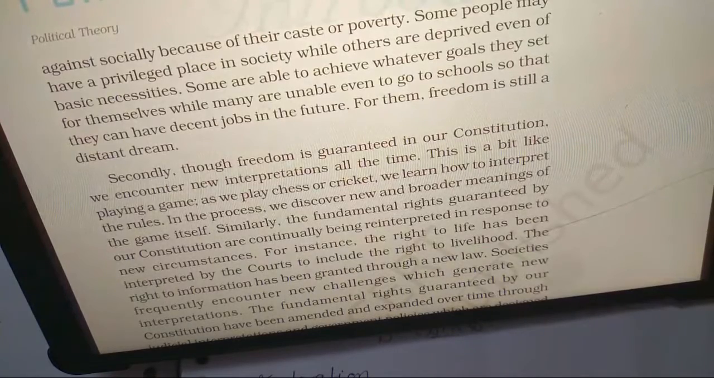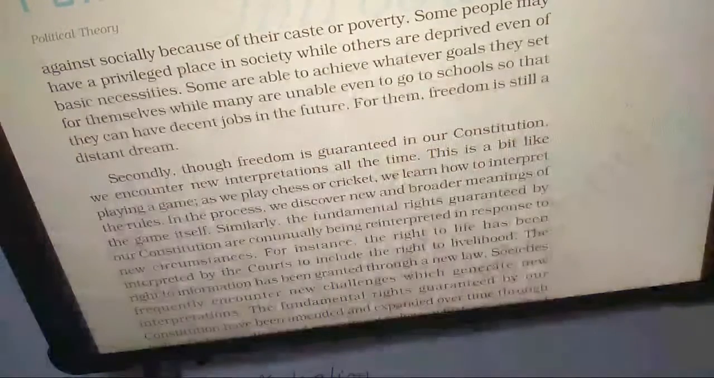Secondly, though freedom is guaranteed in our constitution, we encounter new interpretations all the time. This is a bit like playing a game. As we play chess or cricket, we learn how to interpret the rules